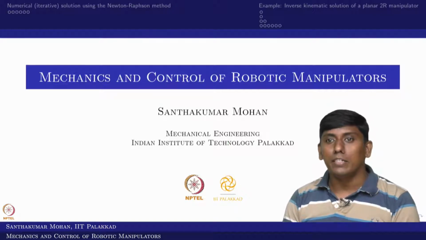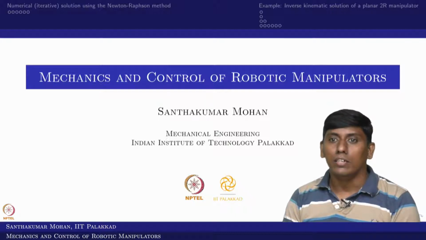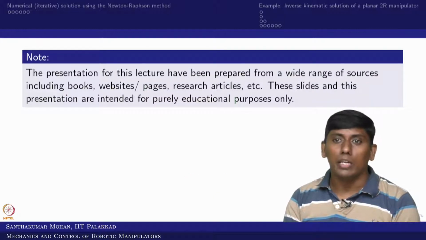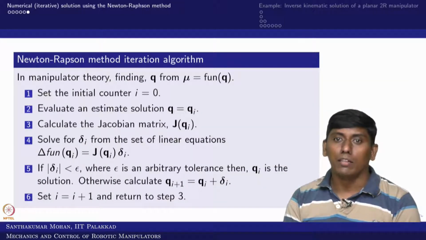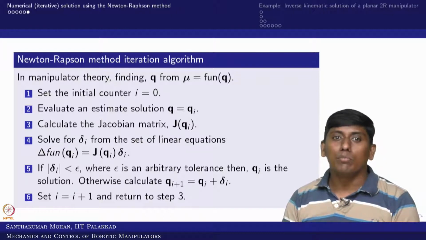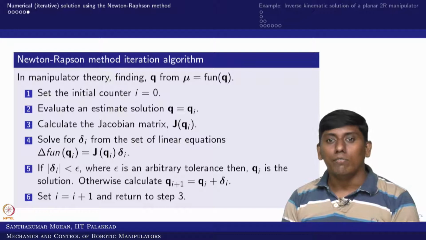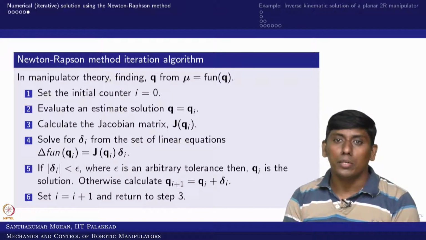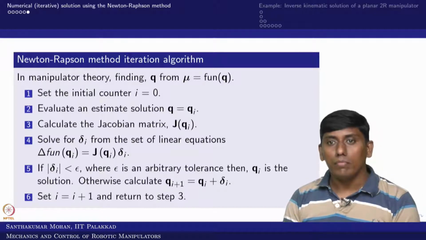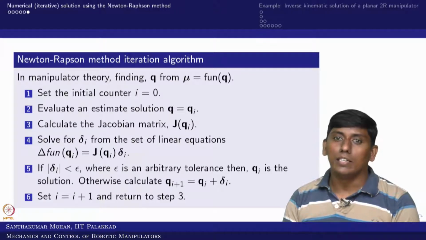Here again, we take the same example from the original lecture, the planar serial manipulator, and we are trying to derive the code with the help of the algorithm which we have come across. The only change we made is that instead of delta I, we are going to take the relative or arbitrary tolerance, delta mu. That is because delta I would not be available to us. So, we will see what other error we can restrict delta mu by. That is the only restriction we are making, other than this algorithm which we have written.